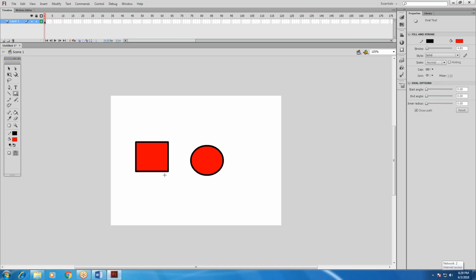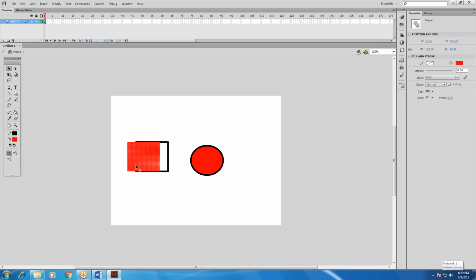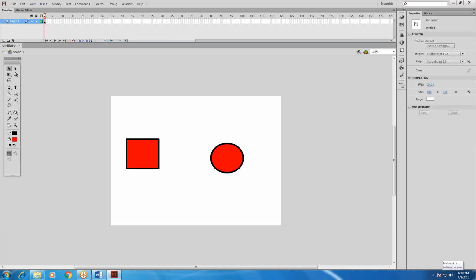Now here I'm dragging one rectangle and selecting one circle. See, the first is the selection tool.